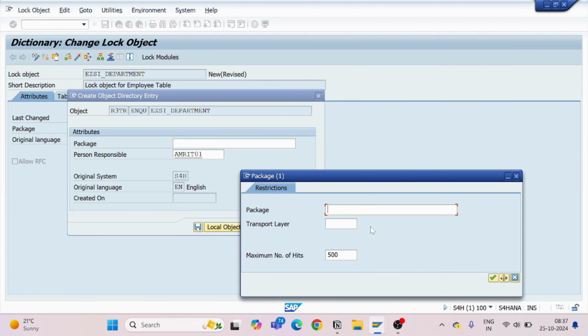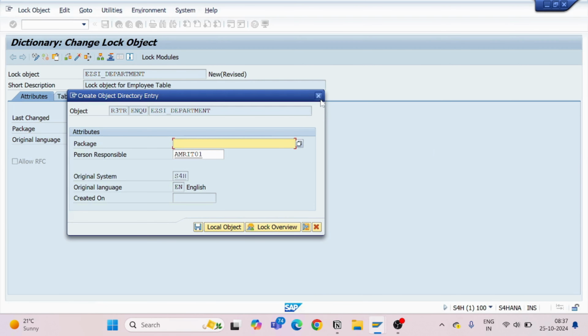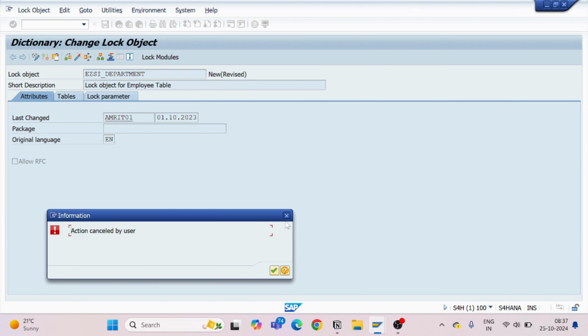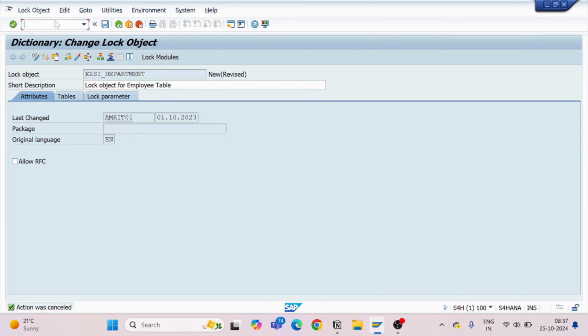wait a minute, ZSI, there is no one. I will go to AC10 to check the name of our package.